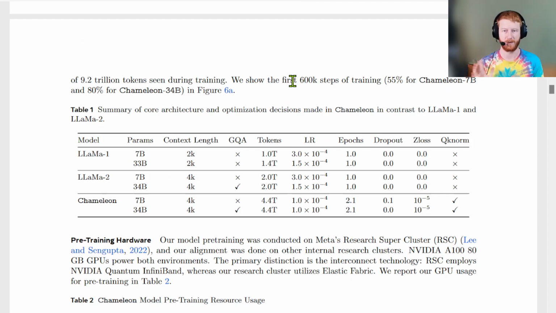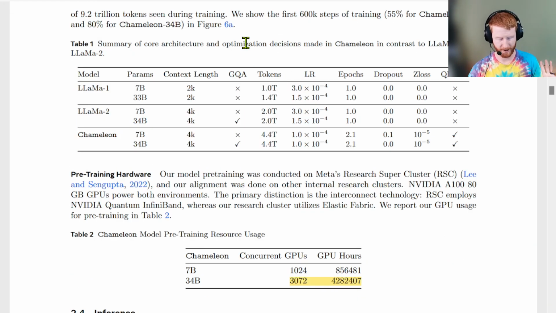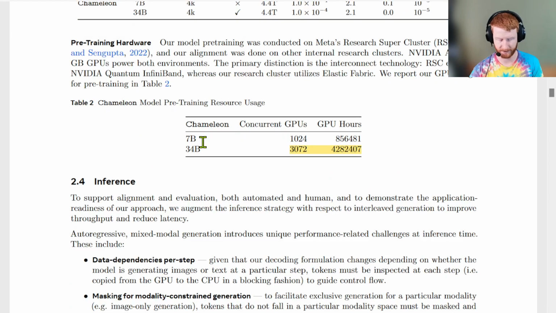You can't just copy and paste your Llama training for this new tokenized image and text data regime. There are stability issues and quirks that come up. So this is them exploring that ground for the first time and figuring out tricks to address that. Okay, so with all of that out of the way, they do their training, comparing to Llama 1 and 2 and a bunch of other things. Yeah, a lot of GPU hours invested into these models, a lot of tokens passed through,